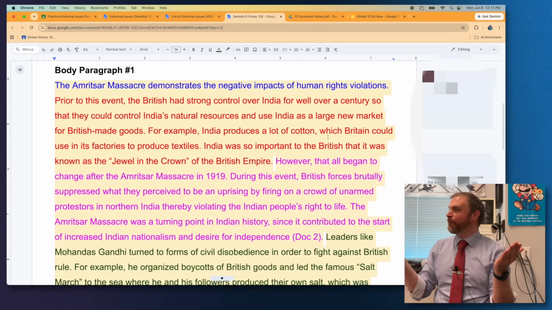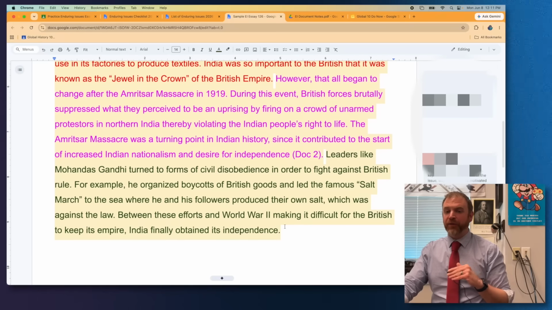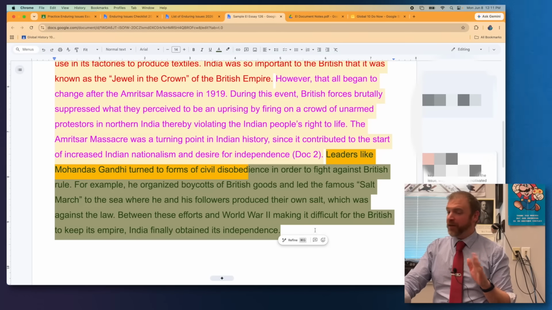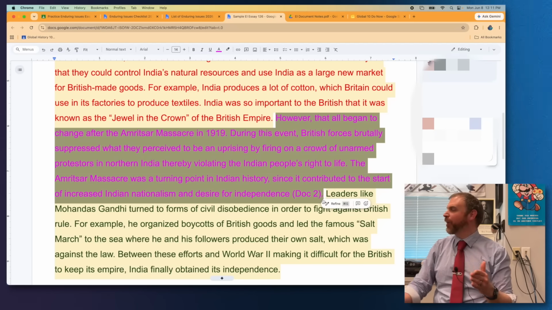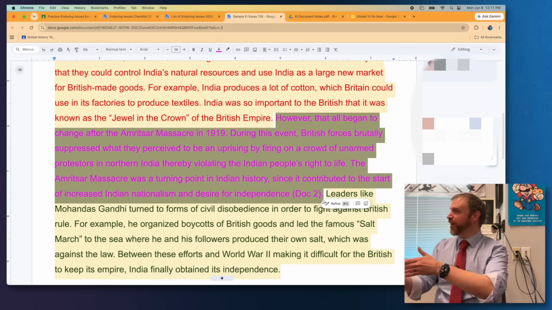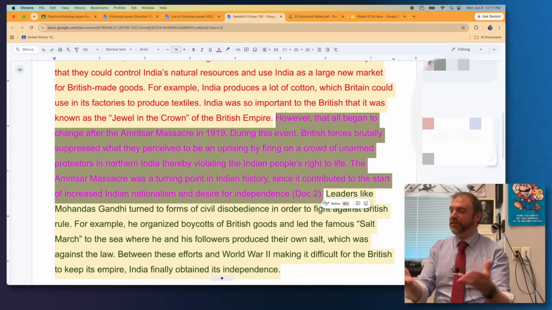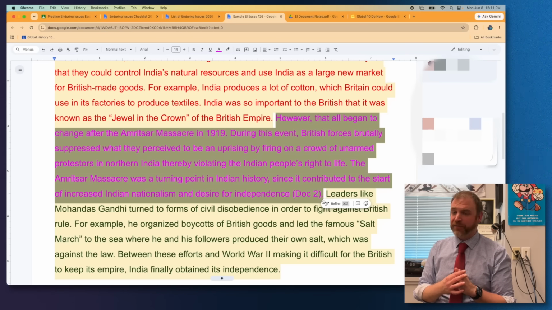So maybe one of the body paragraphs does not have circumstances, or maybe one of the paragraphs does not have outside information. That's okay. But maybe then in those cases, you try to expand on your document summary a little bit to make that paragraph more robust. You got to use your judgment a little bit. If you have circumstances or outside evidence somewhere in your essay, that goes a long way. They're not expecting you to have this for every single document, is what I'm trying to tell you guys.